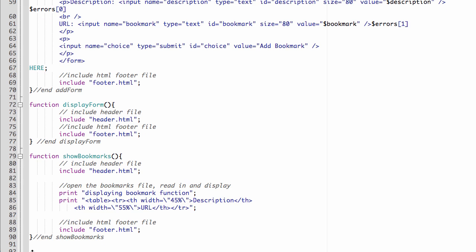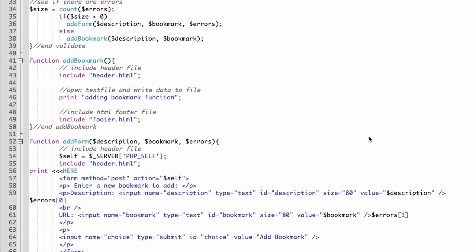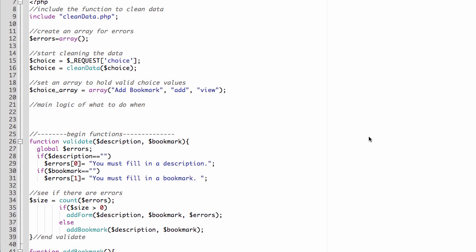When this function is called, again, it's going to show our header. We have some placeholder text right now to say, okay, we got to the function, we know it's here, but it's not actually doing what it's supposed to do yet. And this is where we're going to grab the content from the text file and then display it back on the page. Okay, so now that we have an overview of all of the functions that are built in there already,